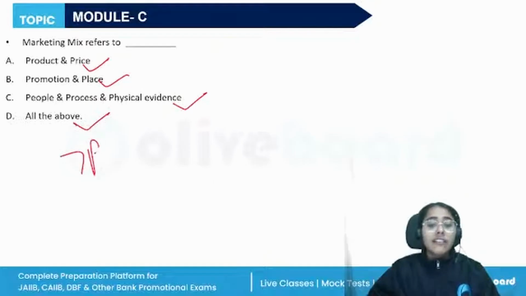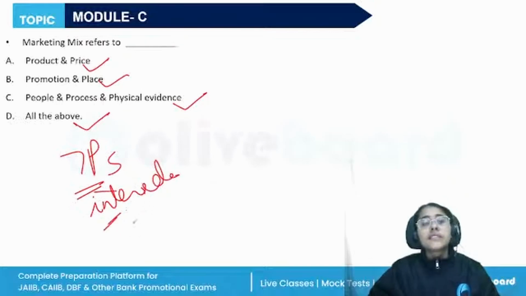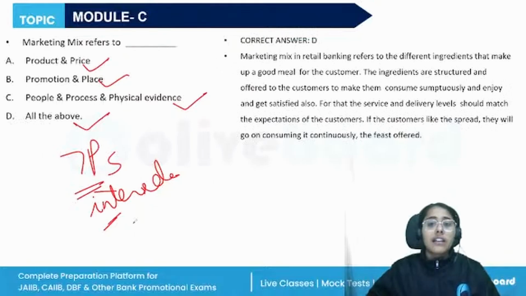So actually there are 7 P's in the marketing mix, which are interrelated. Success of one depends upon the success of another. So if we want to create a profitable product, we'll also have to charge a price which is acceptable and affordable by the customers. Similarly, we need to promote the product well through advertisements and awareness, the place that will have greater demand for the products, the people for which it should be created, the different segment, process and physical evidence. So the correct answer will be D.